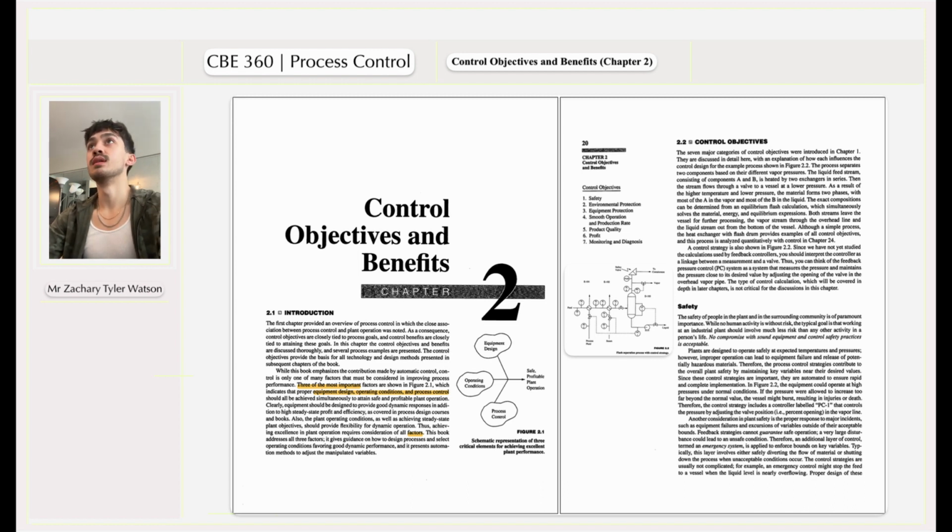Although a simple process, the heat exchanger with flash drum provides examples of all control objectives, and this process is analyzed qualitatively with control in chapter 24. So this is a simple process they're talking about. Figure 2.2, that does not look simple to me. It's as if the author, Mr. Moreland, is belittling the reader by saying this is a simple process,